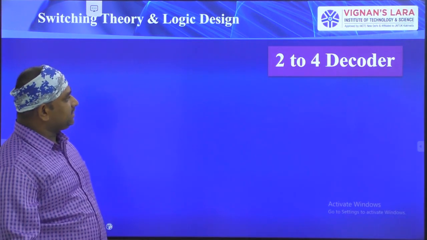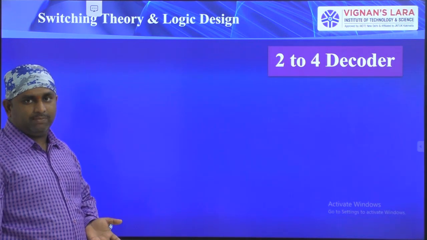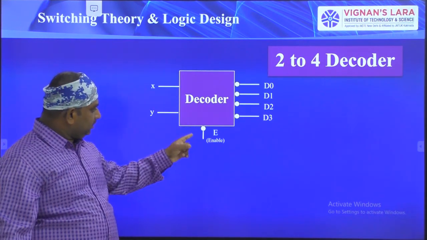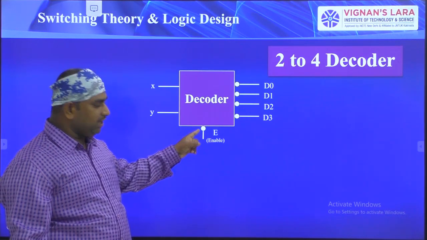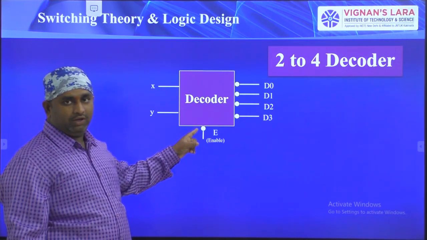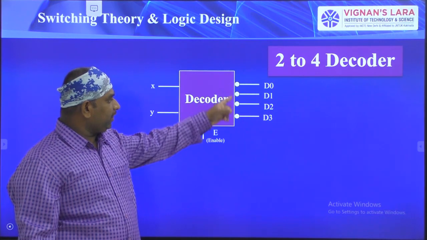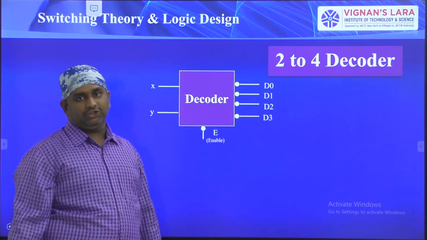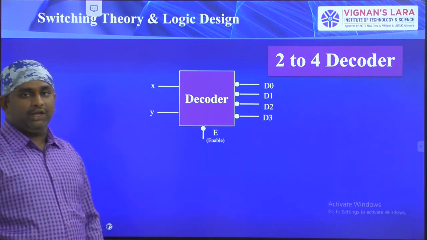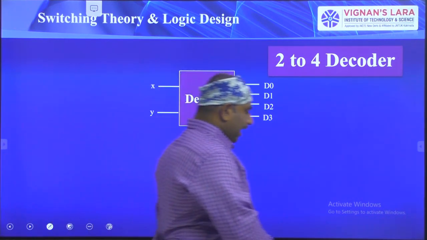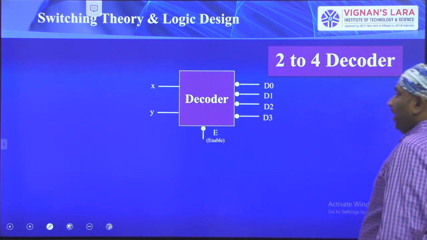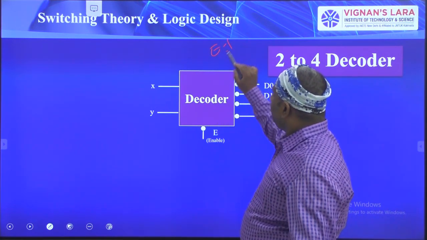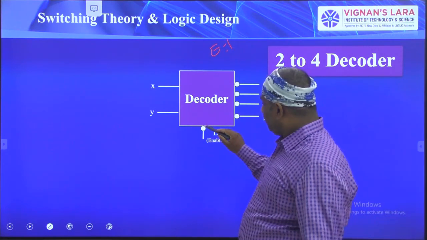So see here, next we are taking a 2 to 4 decoder example again. But see here, this decoder has a bubble at the enable terminal, and at the output terminals also we have bubbles. That bubble represents an inverter operation. Actually, I said that this kit is working when E is equal to 1. But here we have an inverter.